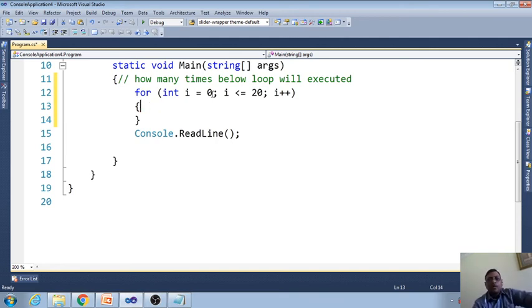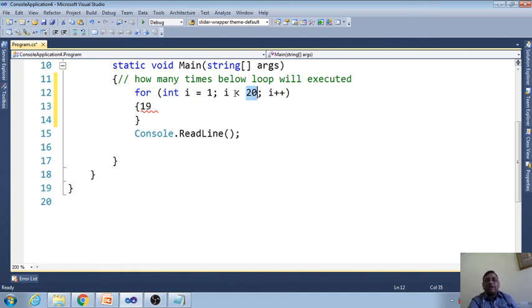Okay. If I put 1 here and only use less than, then in this case this loop will be executed 19 times, because when the value comes 20, 20 is not less than 20, right?